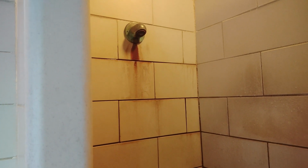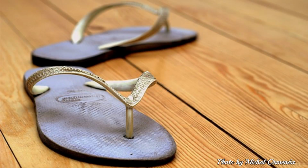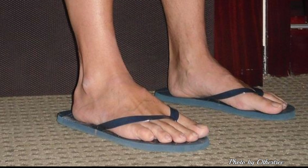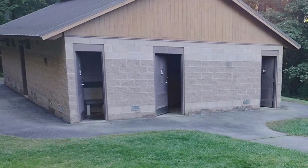The showers are operated by pushing a button, which gives about 1.5 minutes of water. The temperature itself was warm, but by no means hot. However, it was possible to get clean, though not overly comfortable. A bench and hooks are provided outside of the shower stall itself, but there was no convenient place to hang a towel. Personally, I always use flip-flops when showering in a public facility like this so as to prevent things like athlete's foot. If I had to give a grade to the shower facilities, I think I'd probably give it